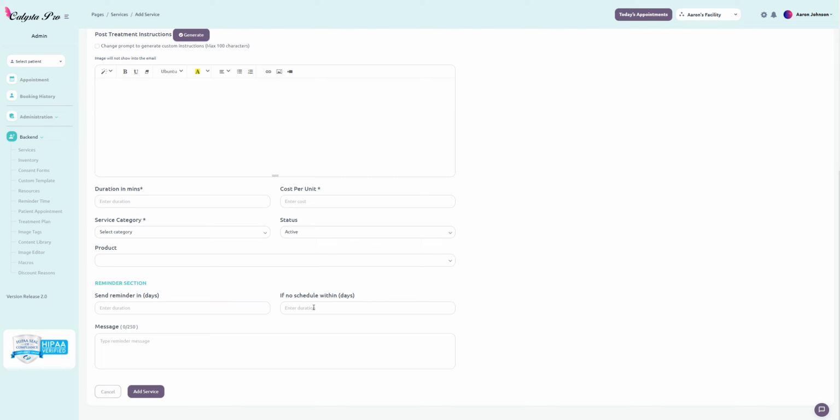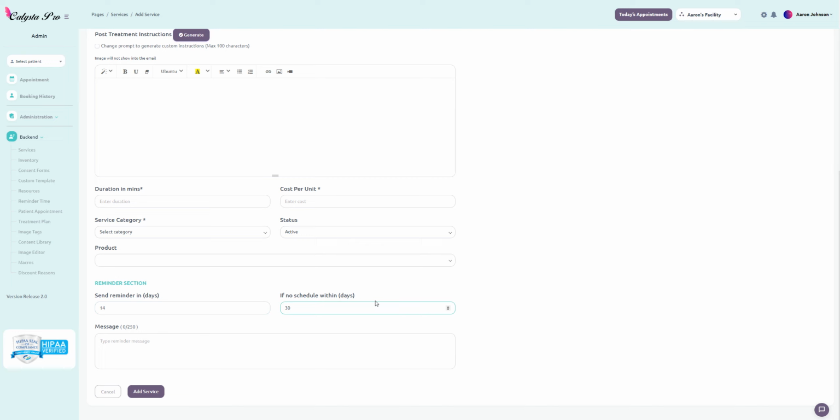And above that is where you're going to put how many days after the initial treatment before the service reminder gets sent out. So for example, let's say I get a Botox treatment done today and I want them to receive a follow-up to book an appointment about 2 weeks from getting the initial. So for that example, I would put 14 here, and then for here I would write like 30 days, for